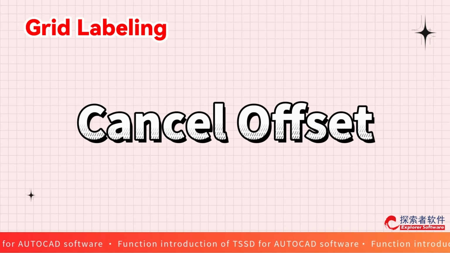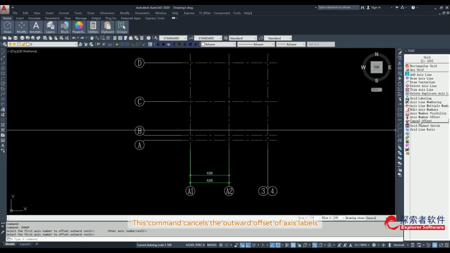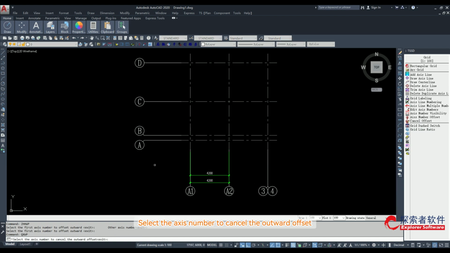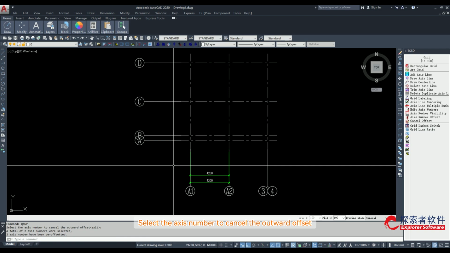Cancel offset. This command cancels the outward offset of axis labels. Note, axis labels must be on the axis NUM layer. Click the Cancel Offset function. Select the axis number to cancel the outward offset. After selecting the offset axis label, it will revert to its original